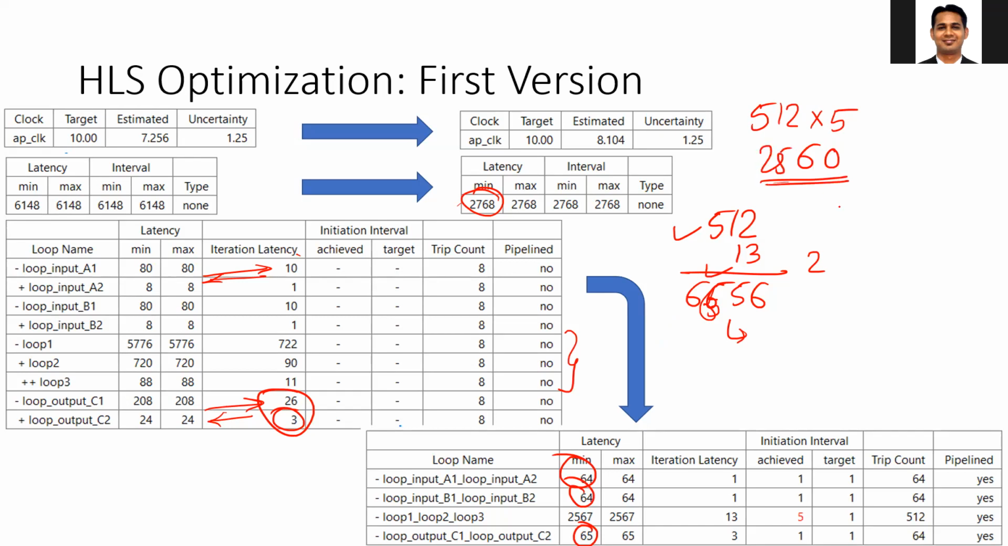Okay. So at the 2560 clock cycle, you are going to start your 513 iterations. That will start at 2560. So your 512th iteration will be starting at 2555. And then that iteration, if you look at the numbers,